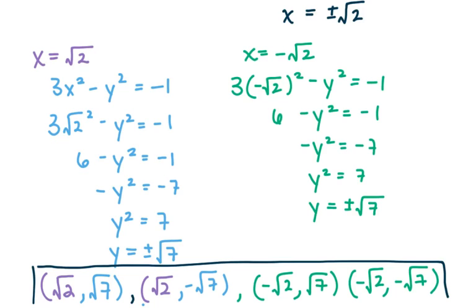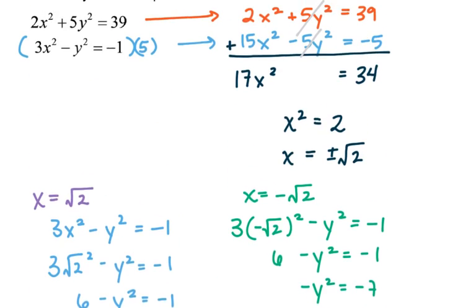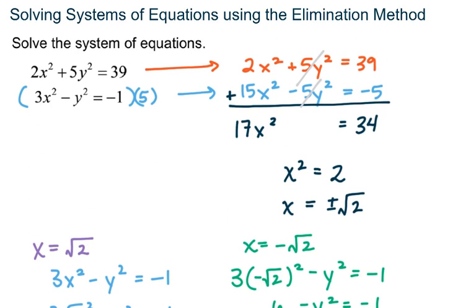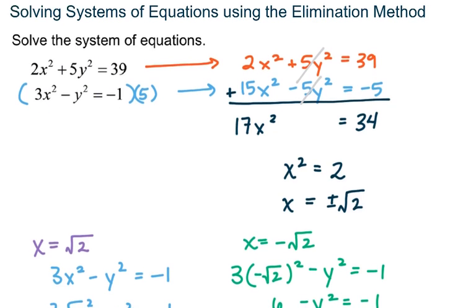So that's how we use the elimination method to solve a system of equations. In this case specifically, we were finding the 4 points of intersection for the horizontal ellipse and the vertical transverse